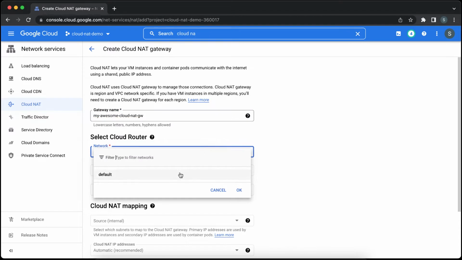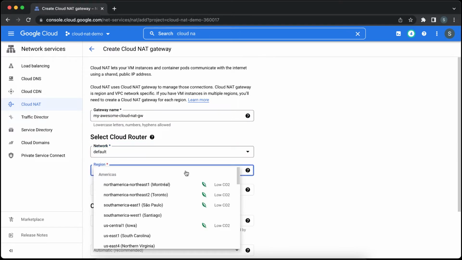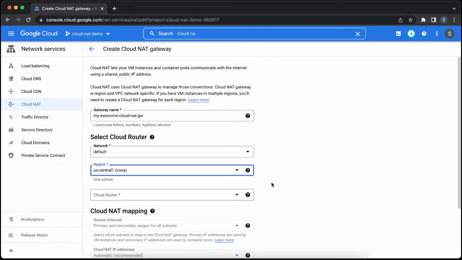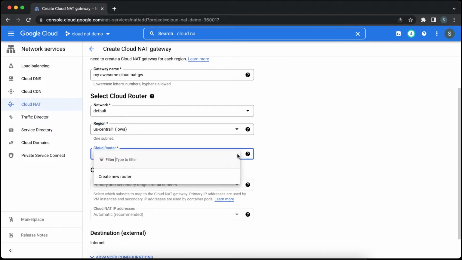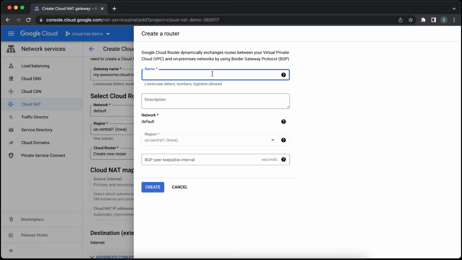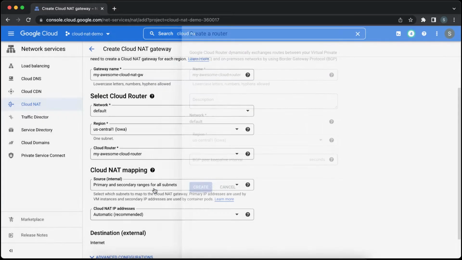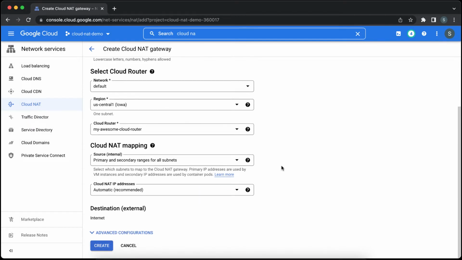Network will be default, region US Central 1, router, create new router. We are gonna name this my awesome cloud router, leave the default network and everything as is, click on create, and there are two drop downs here, Cloud NAT